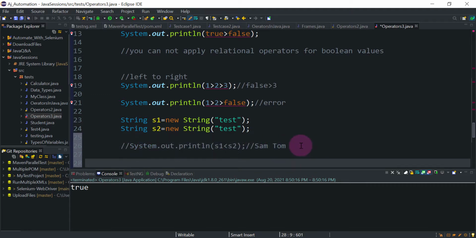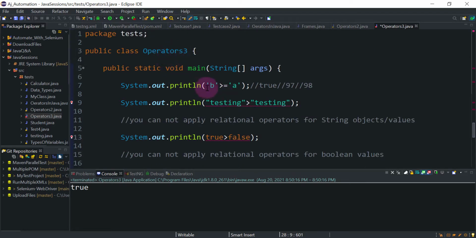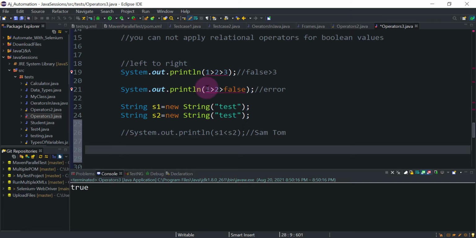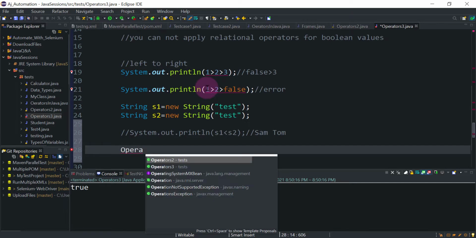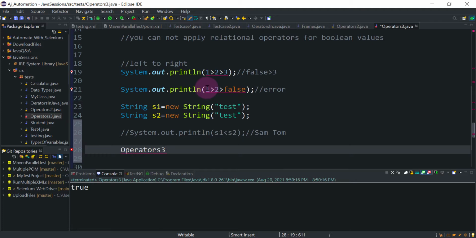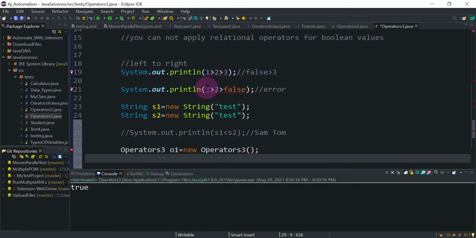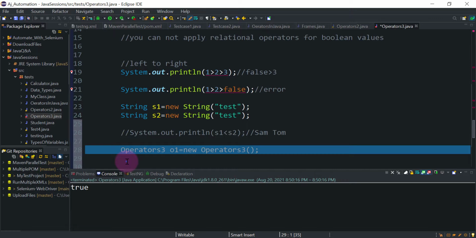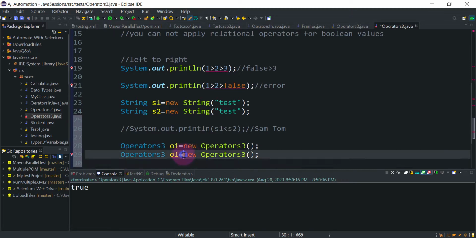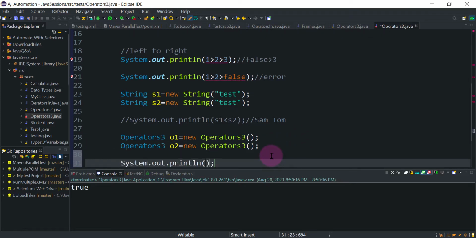Even for the same class, say our Operator3 class, if we create an object of this class, let's say o1 equal to new Operator3, and I create another object of this class, and we see if we can compare them.